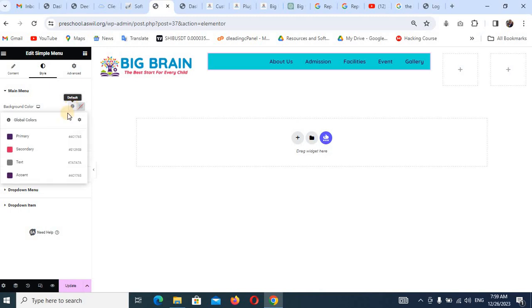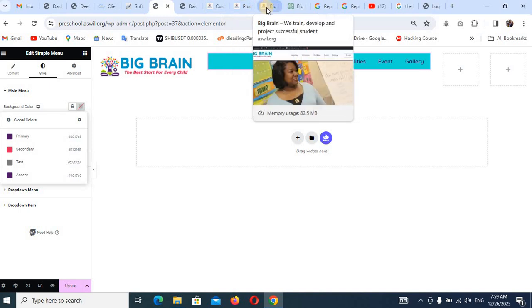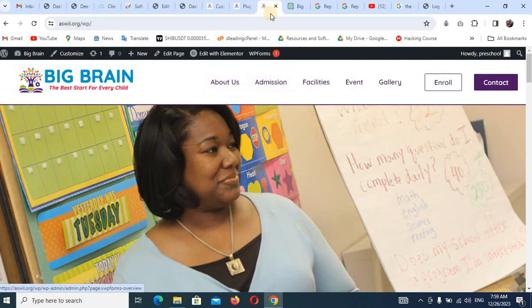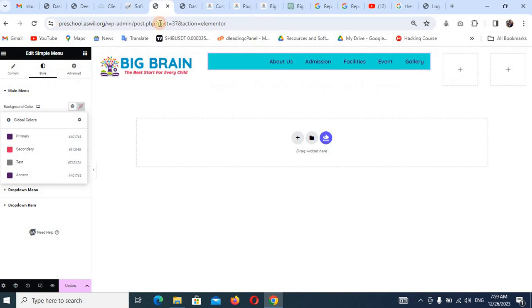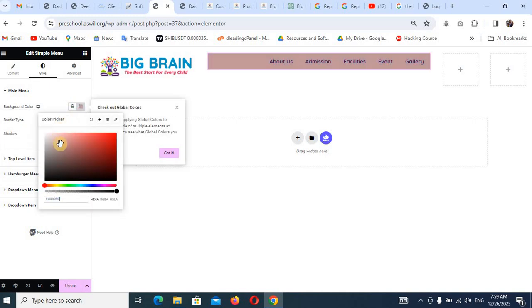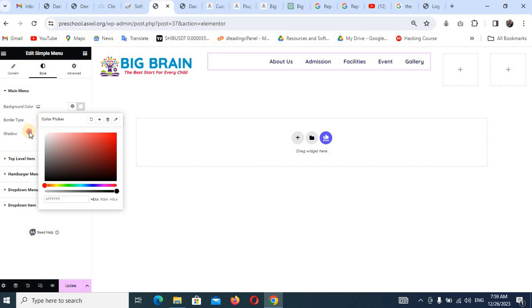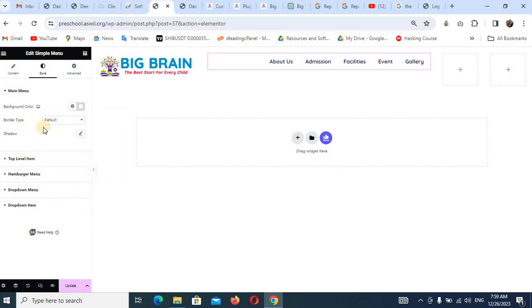background color to, let me see, the background color we use here should be white. Now come here, change the background color to white. I can change this to white. Can you see now? White. Fine. Now come to